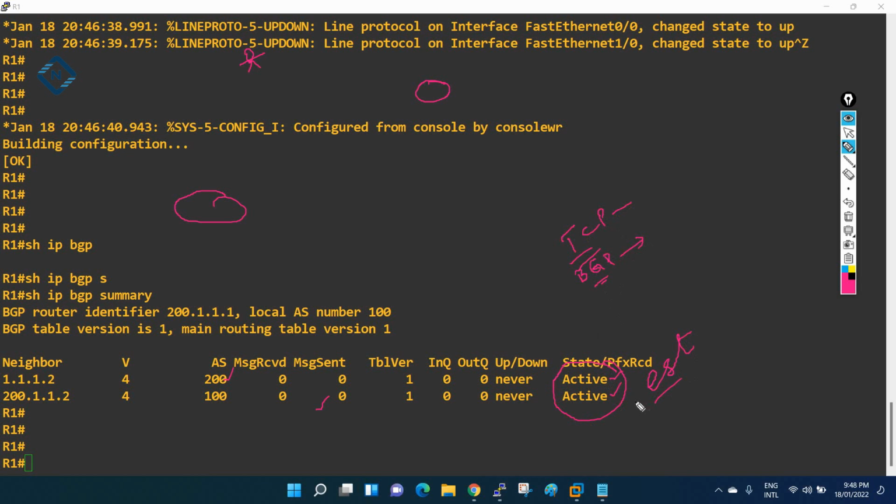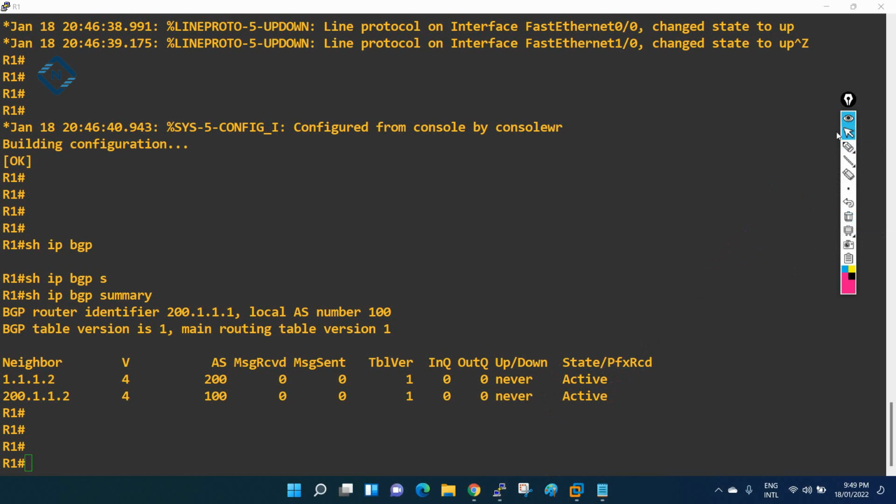So what can we do? We can check whether the TCP session is established or not. If it is not established, then BGP will not work, because BGP is using the TCP protocol. So we should have the TCP session established. Why are we getting this active here? Because on the other side BGP is still not configured, so the TCP session is not established. That's why we have this issue.